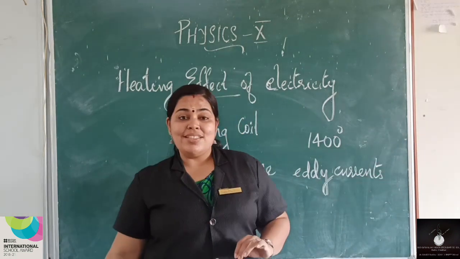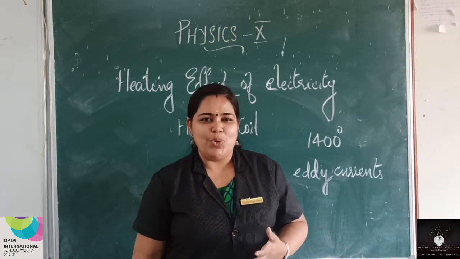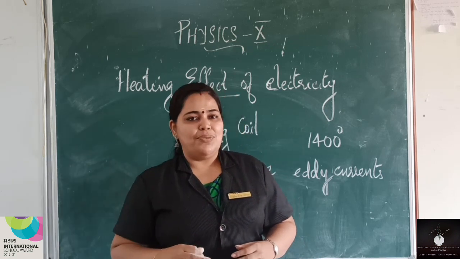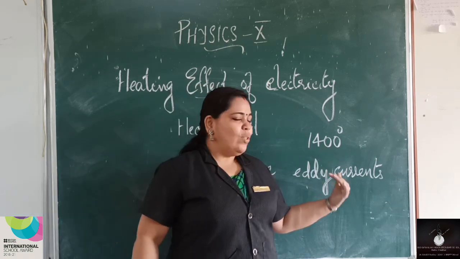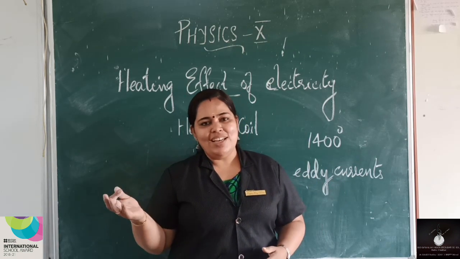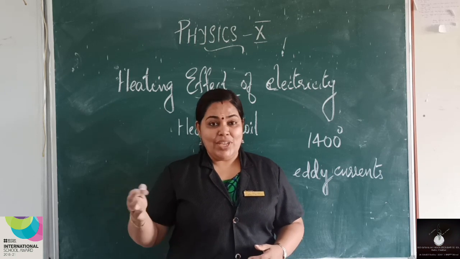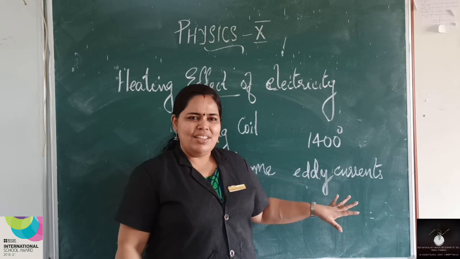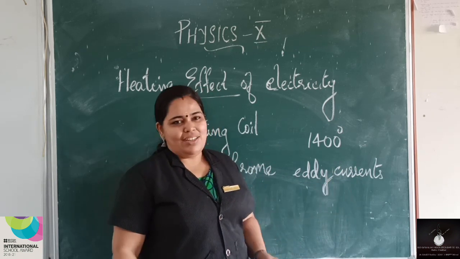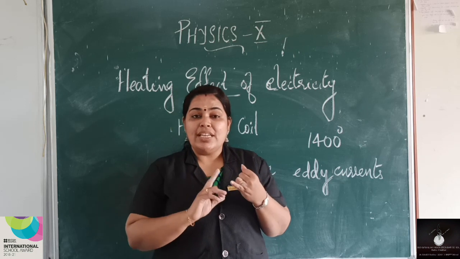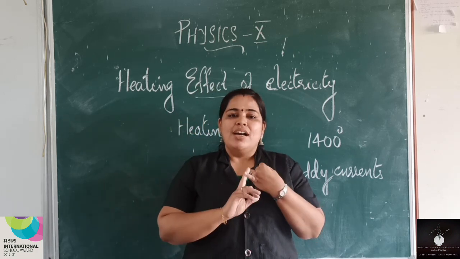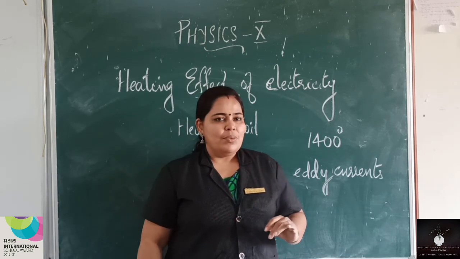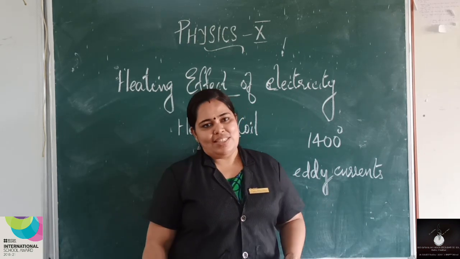What are these eddy currents? Eddy currents are produced due to a changing magnetic field. Due to the change in the magnetic field, current is produced, and all those things you will be discussing in the next classes, or in the next chapters. Actually, just remember this word, eddy current. You don't have to study eddy current in detail. So in the case of the induction cooker, electrical energy is converted into heat energy by using eddy currents.